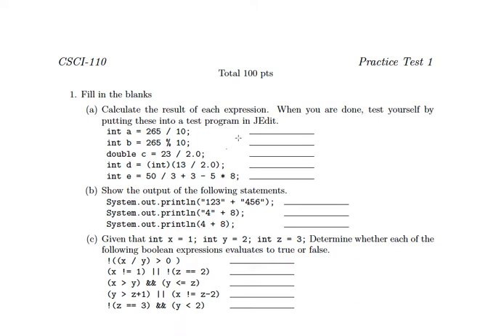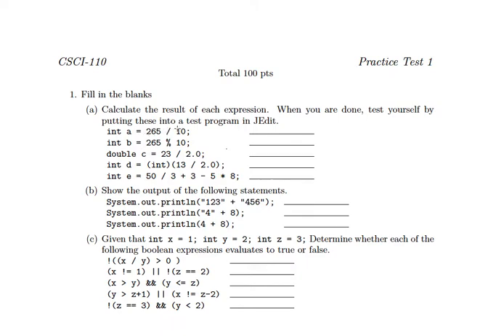Question 1 has three parts, A, B, and C. For section A, we're looking to see if you know your order of operators and can understand decimal math versus integer math. So for int A equals 265 divided by 10, both of these numbers are ints, so we're going